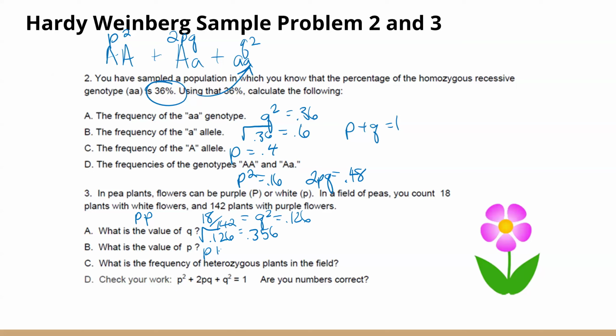P plus Q equals 1. So P plus 0.356 equals 1. That means my P has to be equal to 0.644. And so my heterozygous is going to be 2PQ. That's going to be 2 times